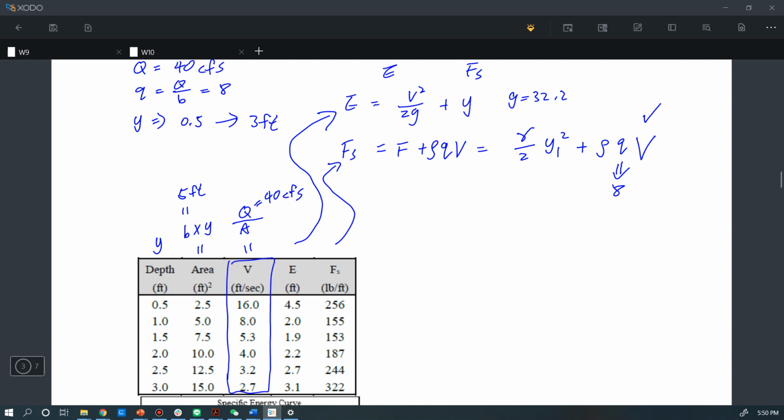Okay, and we know the specific weight of the water is equal to 62.4, and rho for the water is equal to 1.94 pound per